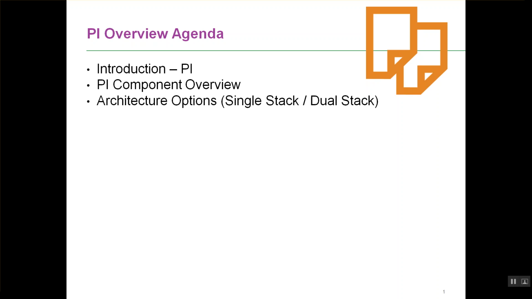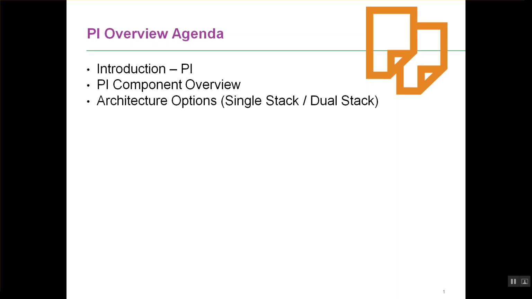So at a very high level, we are going to look at three important and essential components. What is process integration? I'll give you an introduction: why is process integration needed in the context of customers? What role does PI do? We would also be looking at what are the various components of PI. This is something that by the end of this course you would remember even without having to look at theoretical slides. But for you to start off with, it is essential to understand what are the various components of PI and which component is used when.